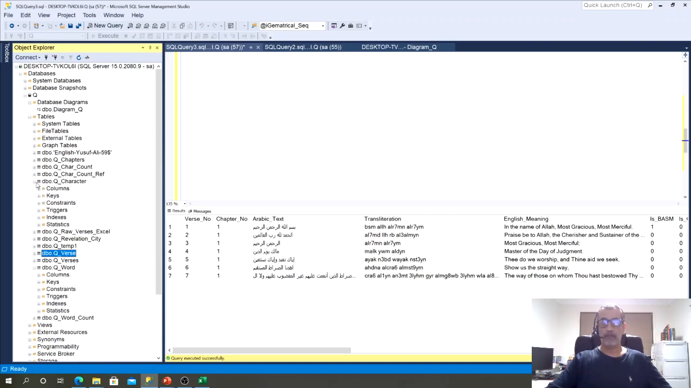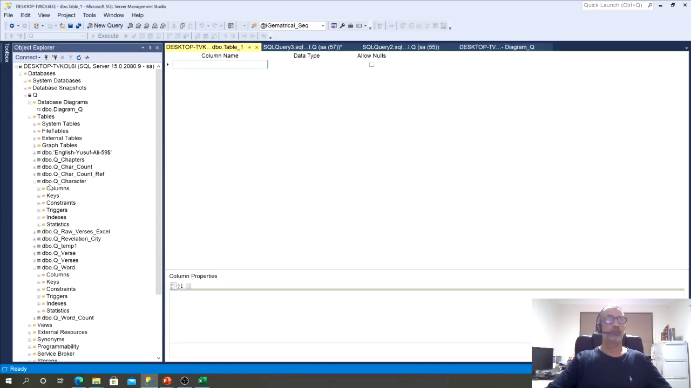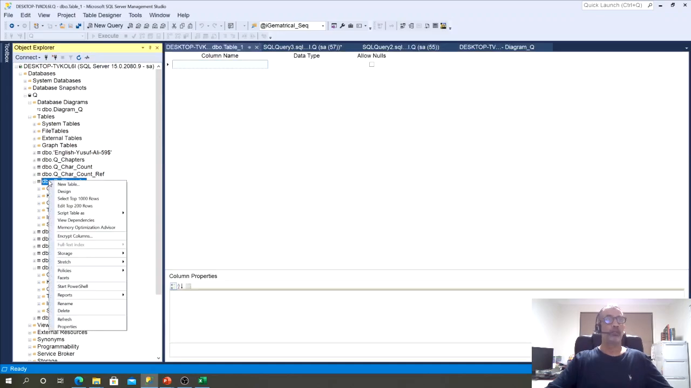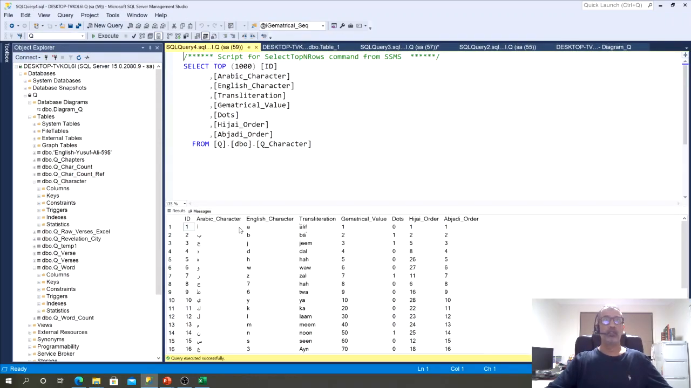character count. Okay. With the Arabic characters, you can see that I have got them in the Hijai order here, all the way to 28,